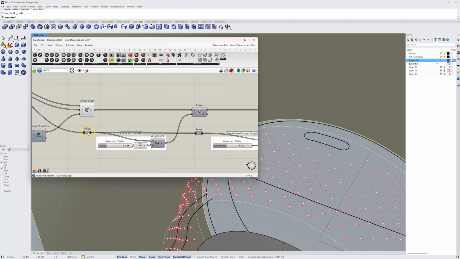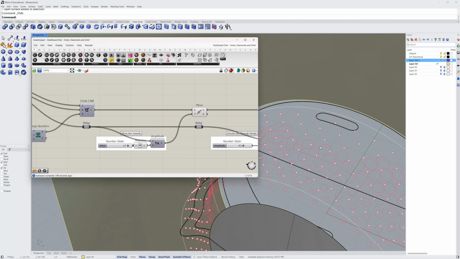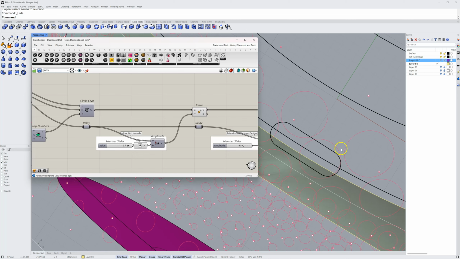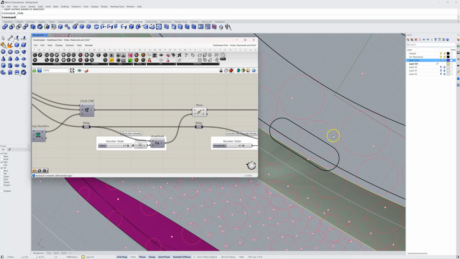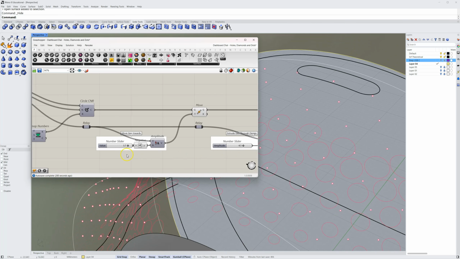Okay, so what I'm doing here is I've got my circles, I'll preview that off, and I'm actually moving them. I've moved them down inside my design, and I've made sure that they don't cross over or intersect when I've moved them. I've just used the number slider and the amplitude. So I've taken the normal, plugged it into the vector, and I've adjusted my amplitude here to negative